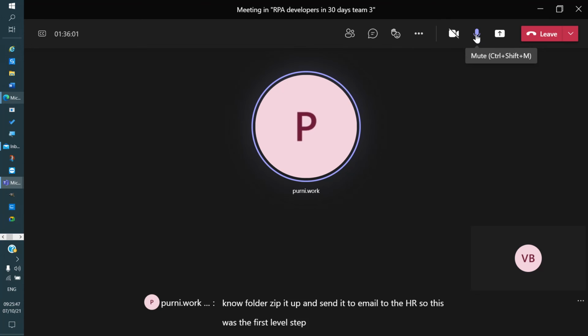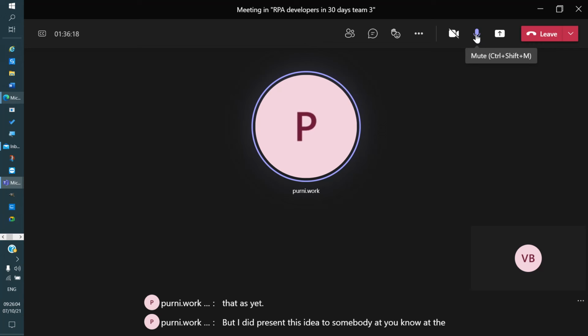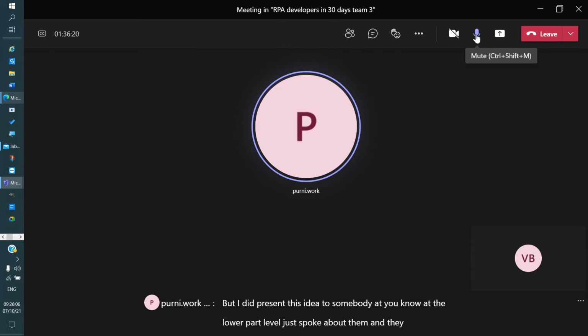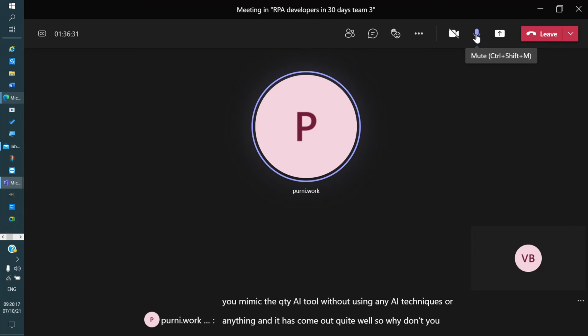Weightage of your experience, considering your work experience and all that, was at the next level, which I had not ventured into as yet. But I did present this idea to somebody at the UiPath level, and they said you mimicked a cute UI AI tool without using any AI techniques, and it has come out quite well. So why don't you write a white paper.